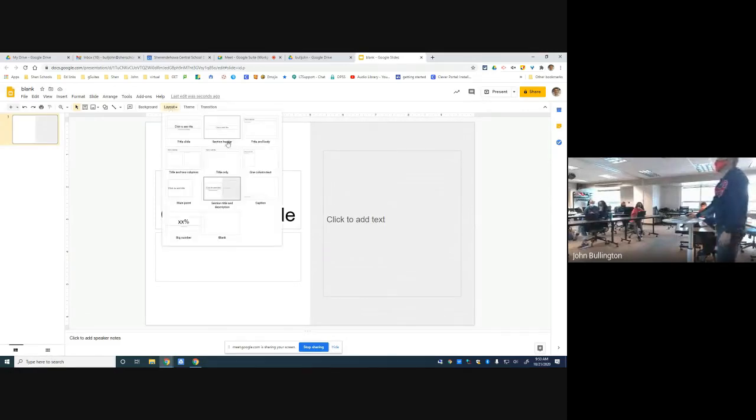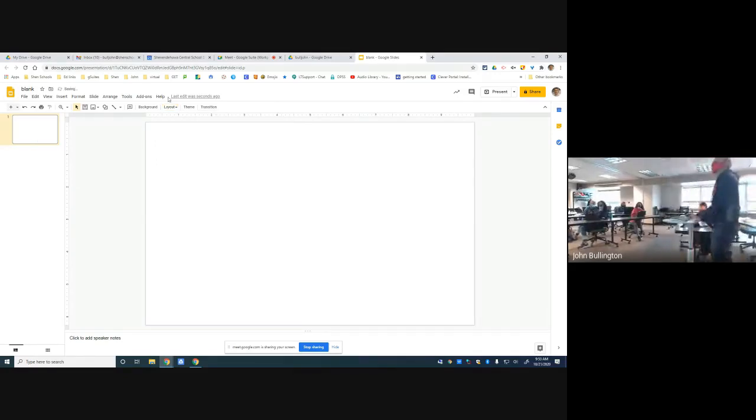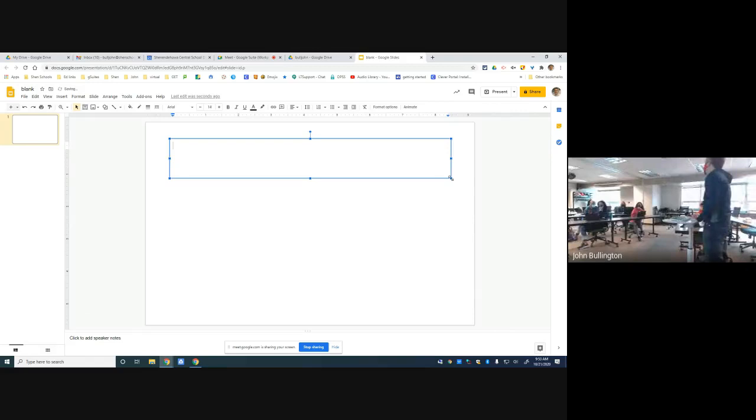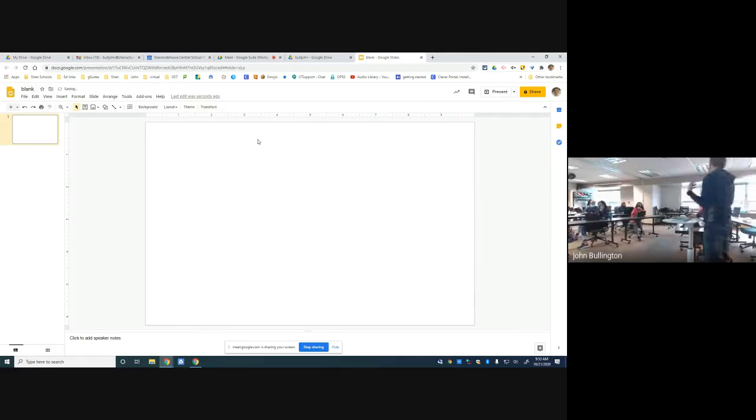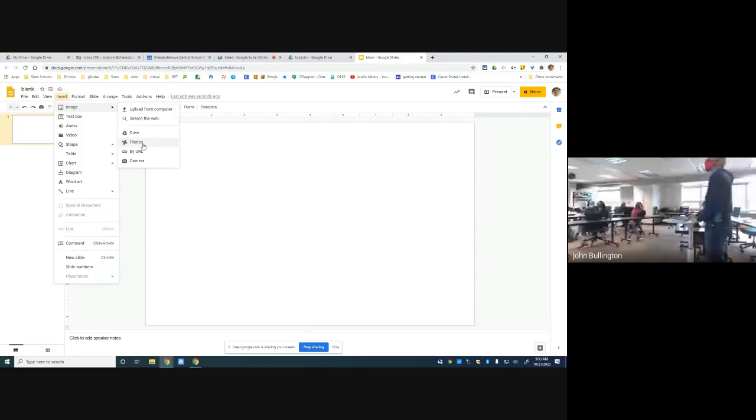They're there for you. Google predetermines these with each type of theme you're using for your presentation. However, I find it just as easy to use the blank and draw things onto here where I want to put them. Okay? So that's going to be up to you whether you want to use one of those canned ones or whether you want to put your own elements onto the slide. It is not hard to just